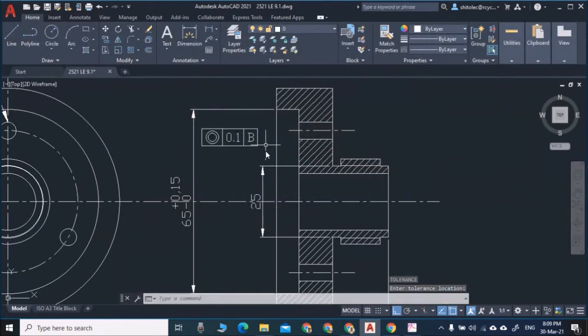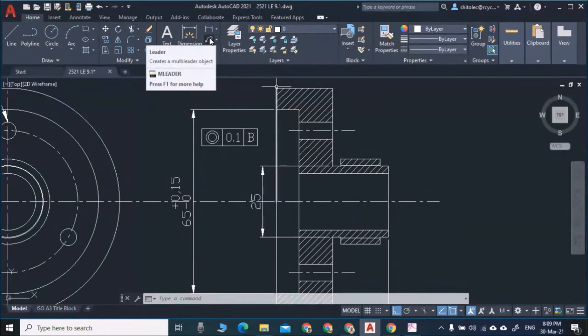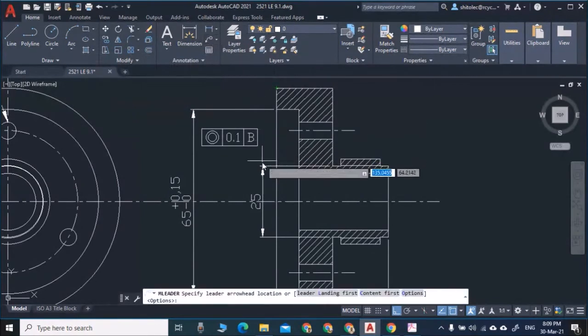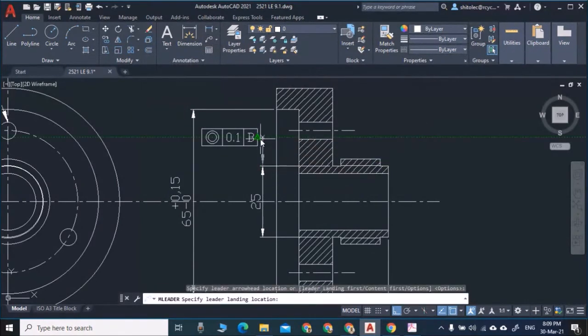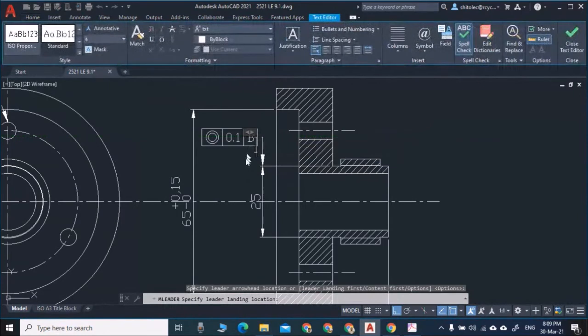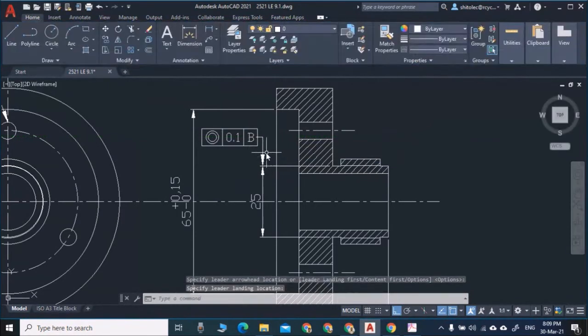Okay, and now this is connected by a leader, and the leader is different. So click on leader and click it here and here, and now escape.